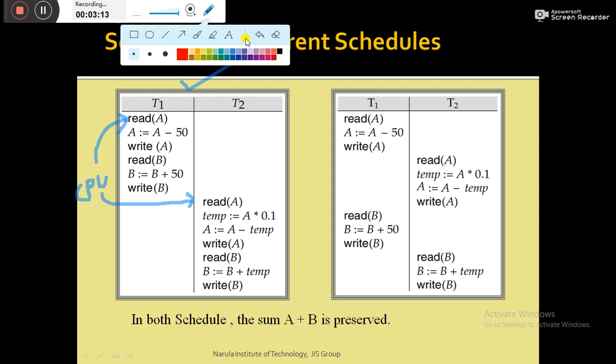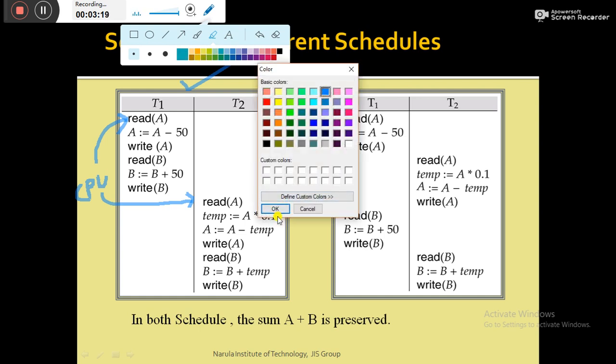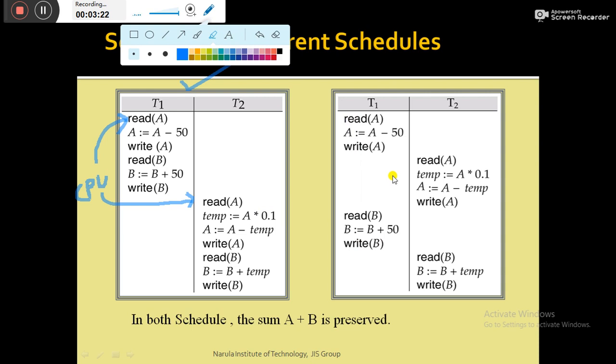The next is the concurrent schedule. A concurrent schedule is a schedule where the instructions of a particular transaction do not appear in a single place; rather, they appear in the schedule in a discrete manner. For example, this is an example of a concurrent schedule. If you look at transaction T1, these are the instructions which belong to T1, but the point here is that all the instructions of T1 do not appear together in a single place. Rather, they appear in the schedule in a discrete manner.